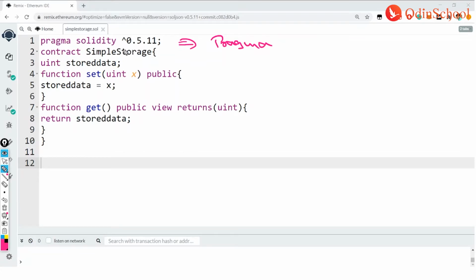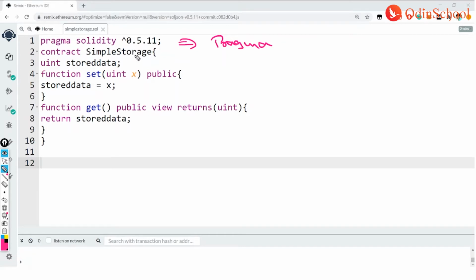Automatically this cap takes care of it, and it tries to make sure that whatever version I have taken here, when the version gets upgraded, this code will sync to the new version based on this cap. If you don't put the cap, it is not going to throw any error.